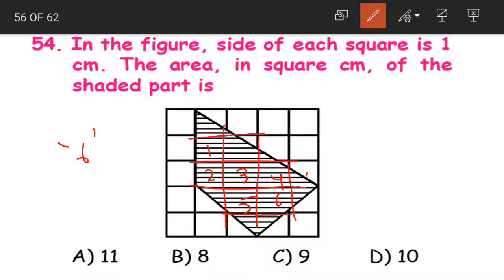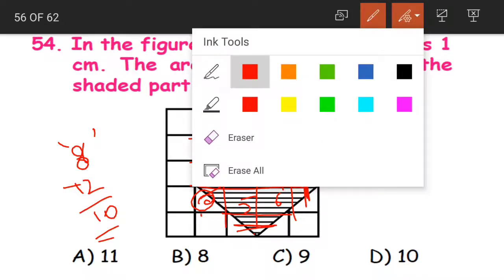And coming to the incomplete ones, how many do we have, children? Here this would be equal to 1. This will be equal to 1. So 7 plus 1, total 8. And then what do we have? Here these two will become one complete square, and these two, this one and this one, will become one complete square. So again 2, 8 plus 2, in total we have 10 complete squares.